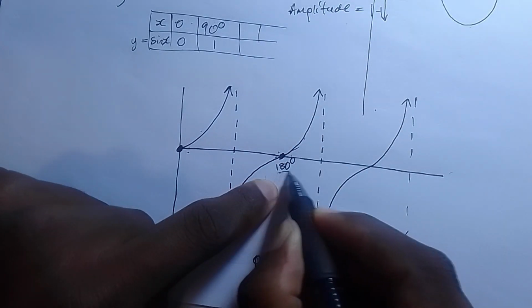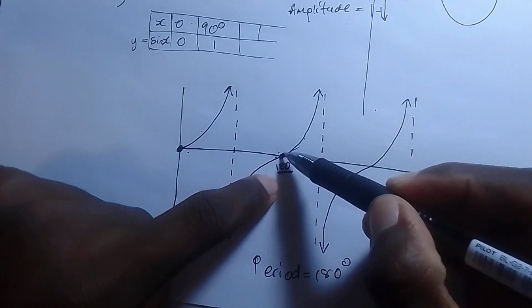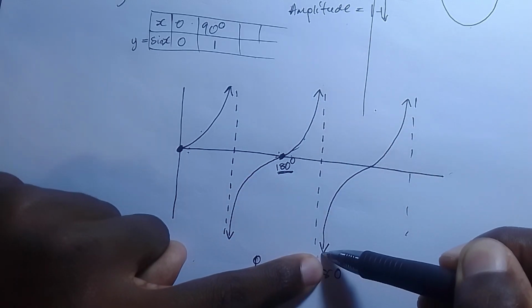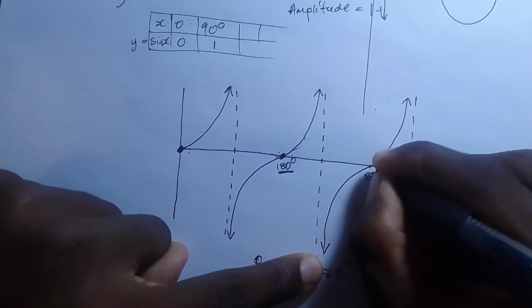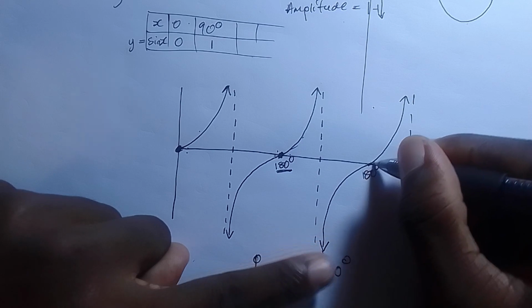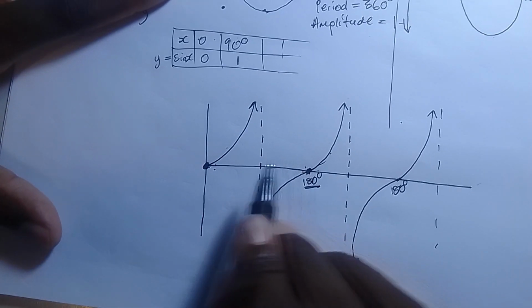That's your period, right? Where the cycle ends, that's your period, which is 180. Now it goes up again, and then starts from the bottom all the way to here. That's another cycle, 180. And then it starts repeating what it did here and did here. So you're starting another cycle here. So 180